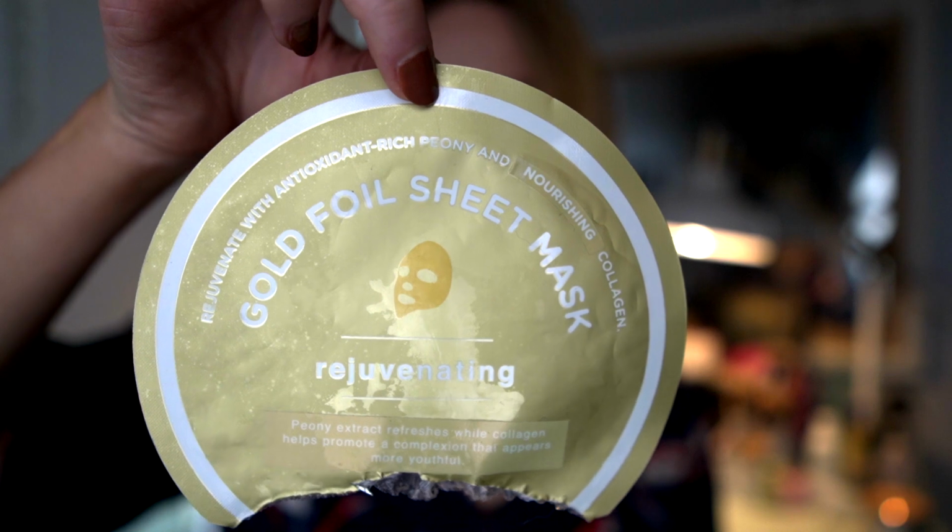It says it's rejuvenating. It says it's infused with antioxidant-rich peony to help refresh and tone skin, while added collagen helps promote a more youthful, rejuvenated appearance. I don't feel like I really noticed anything. It was fine though. I also used this tea tree mask from